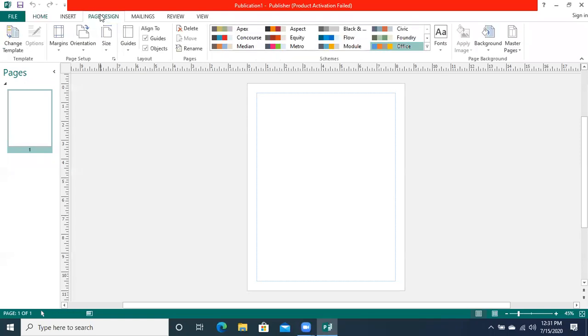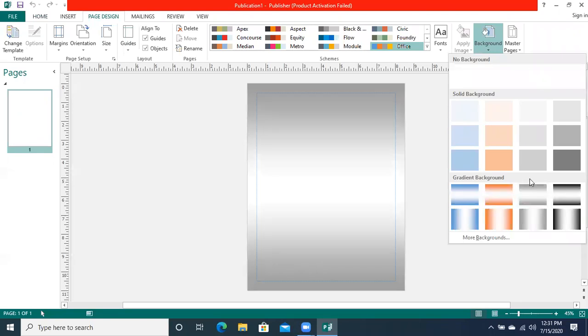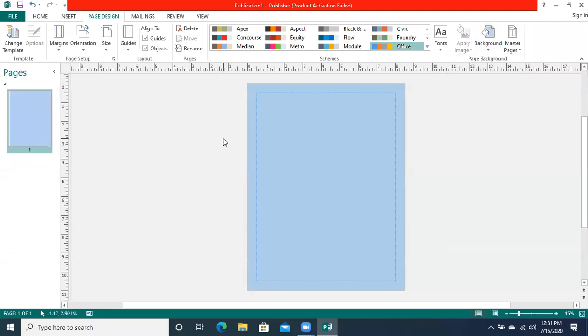Go to the page design option and click on the background. When you click on the background, you will see different background options. These are the different color options. What kind of color do you want to set up as a background? This is a plain, single color that I have placed as a background.